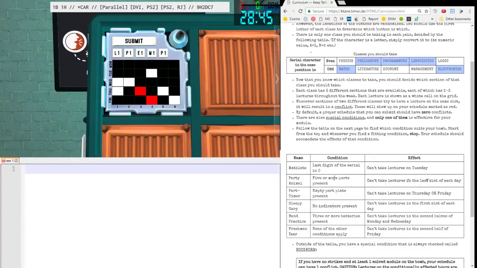And we need to know what condition. Athlete, last digit of the serial is 0, false. 5 or more ports present, true. So we're a party animal this time. Can't take lectures in the last slot of every day. So that knocks out slot 6 every single day. Not a hugely restrictive condition, so it's not going to be a big help, but we'll see what we can